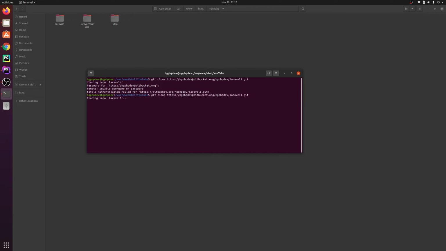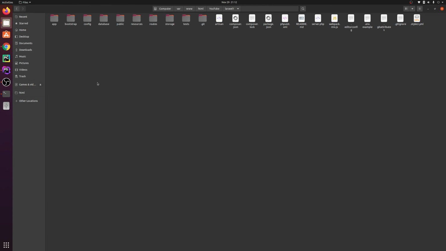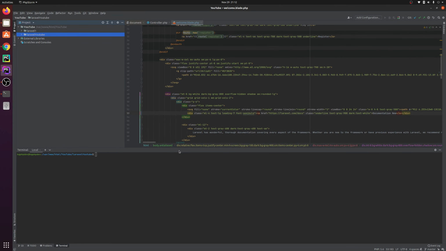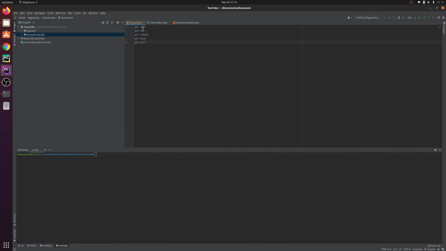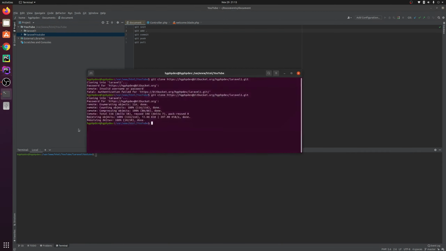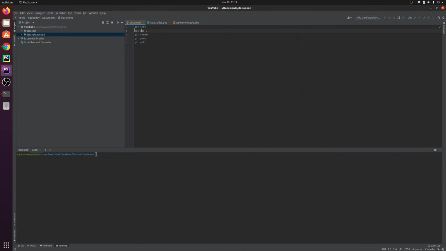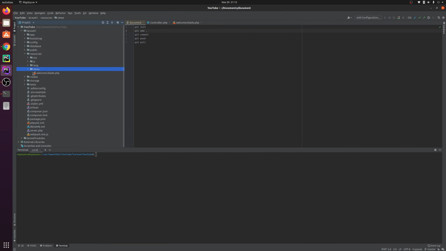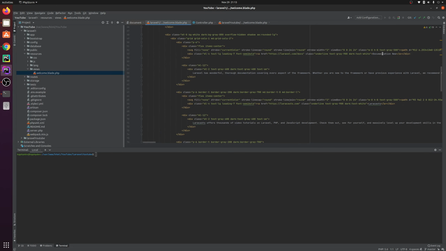Oops, wrong password. Yeah. Now we have set up and downloaded our project from Git. Now we can continue our development and continue pushing with this process. So we don't need to initiate now because we already have a repository, and we can simply make our changes in Laravel 1 and then push our code. In Laravel 1 we go to resource, view, welcome.php, and you can see documentation new.